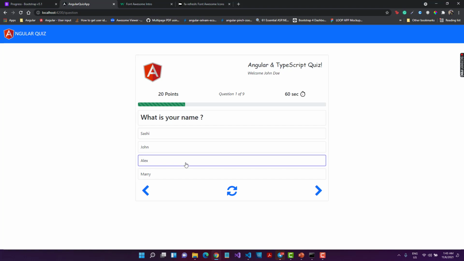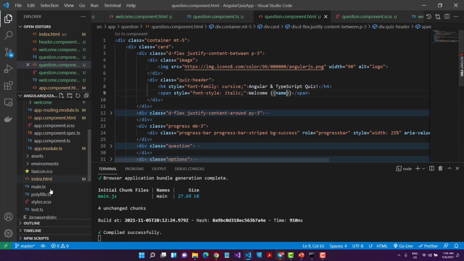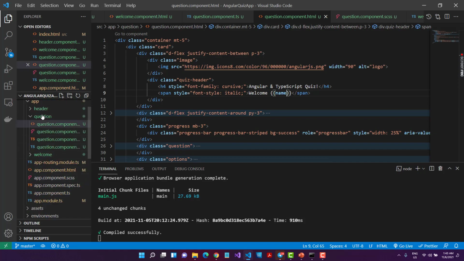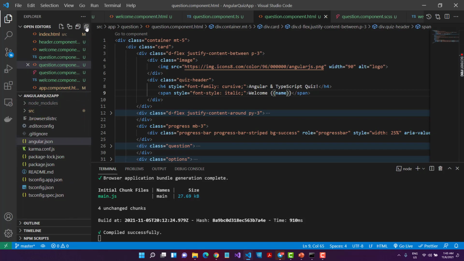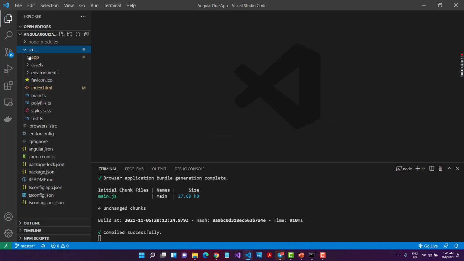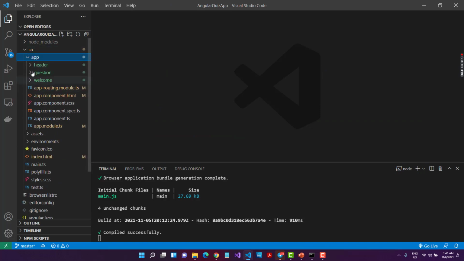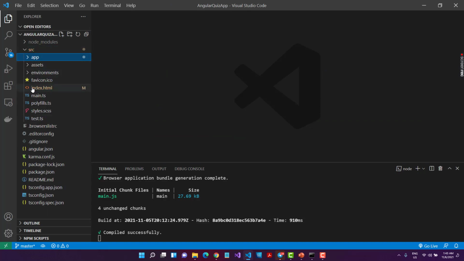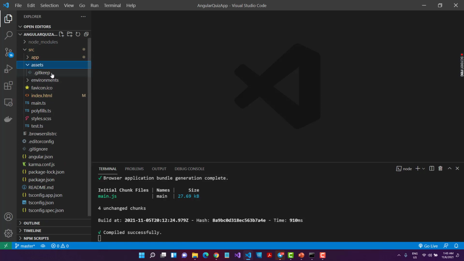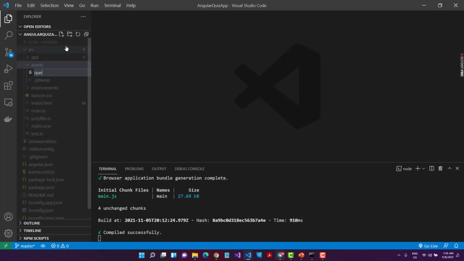I'm using JSON for that, so I'll share that JSON in the description so that you can copy that JSON and use it for your application. Let me just create a JSON file for you guys. I'll go here and in the assets folder, let me remove all this, it is not required now. Here you can see we have this assets folder, so I'll click on this new file button. I'll say questions